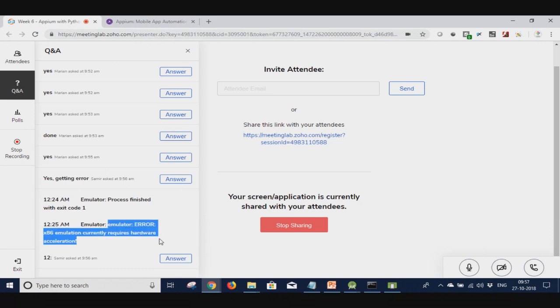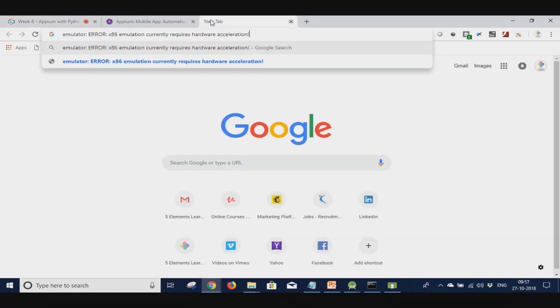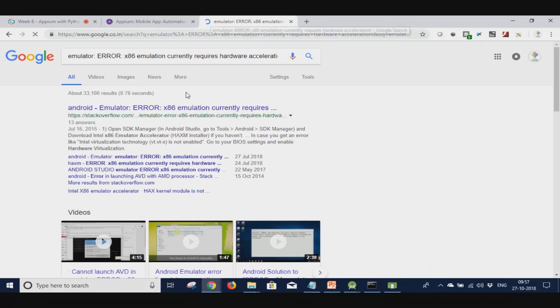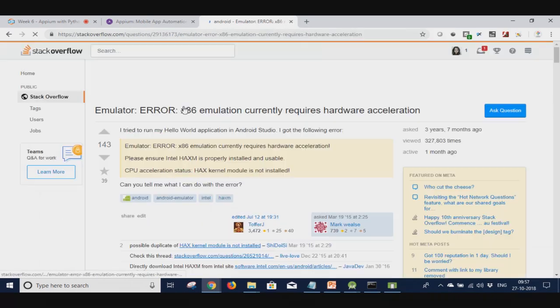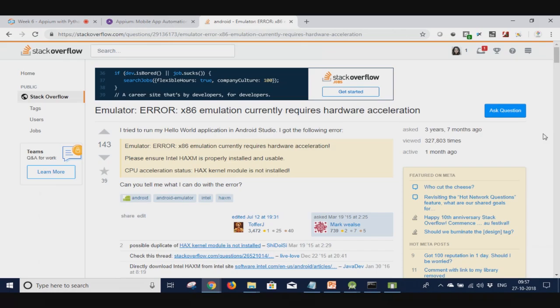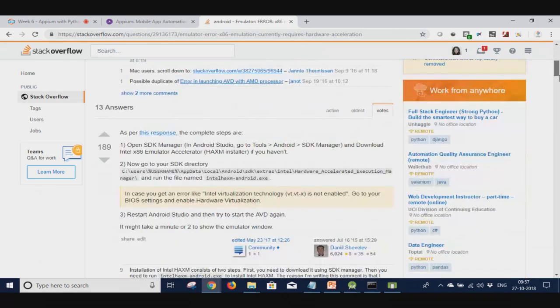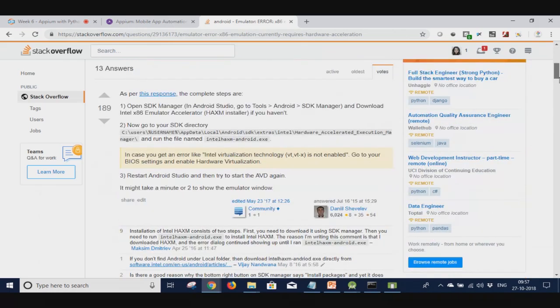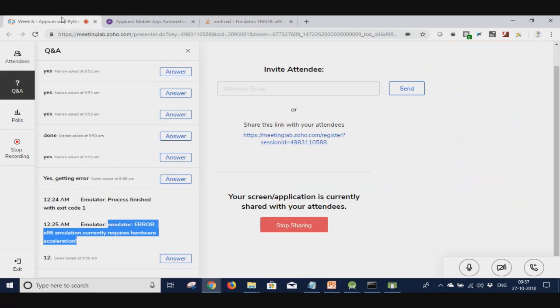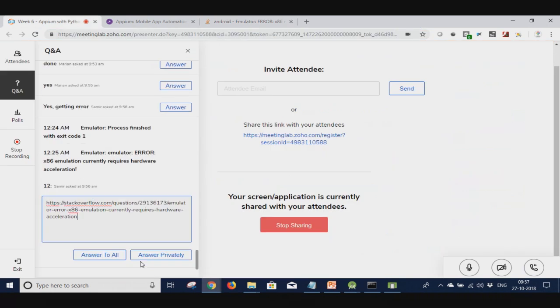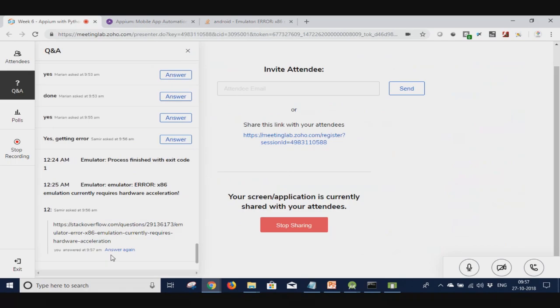Emulator error. Let's see what it means. Okay, here is the link, Samir. Please follow the steps that are mentioned in this link so that if you get this error,